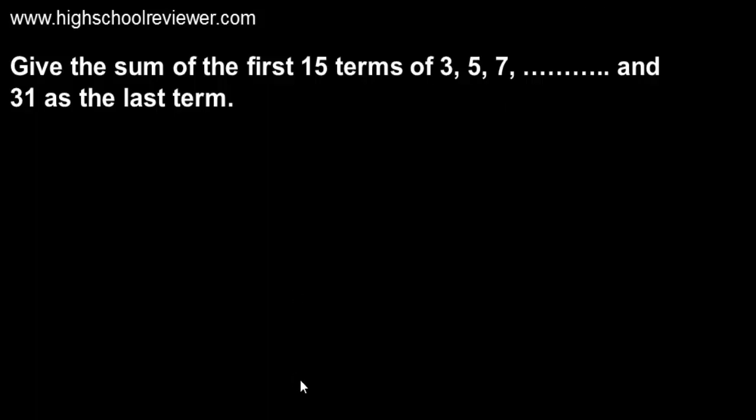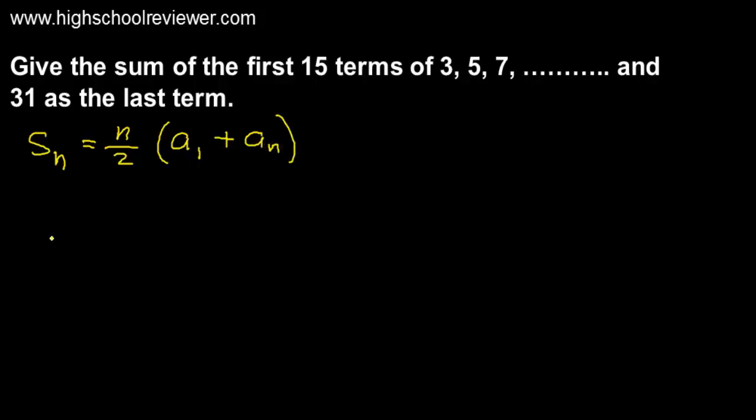Give the sum of the first 15 terms of 3, 5, 7, and 31 as the last term. Okay, so to solve this, our formula for the sum of an arithmetic sequence is S sub n equals n divided by 2, and multiply this by the sum of the first term and the last term, or a